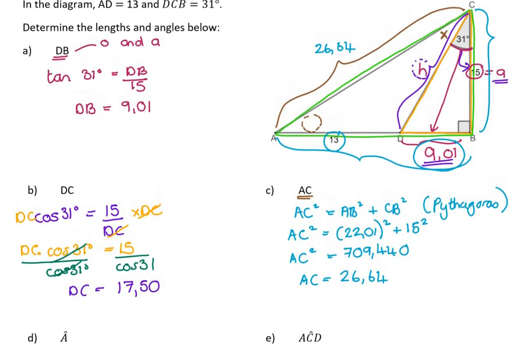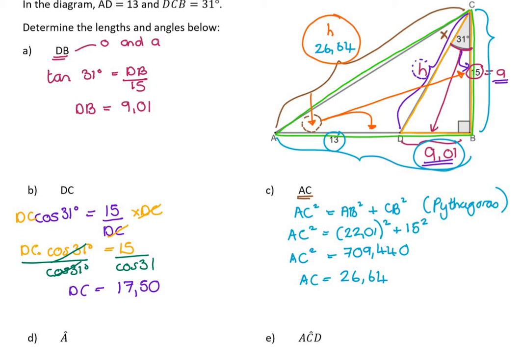Next thing it asks for is angle A. Now angle A is exactly what I said I didn't know. Now that I have lots of information from that triangle, I can find angle A because this is my hypotenuse in my big triangle. Don't forget I'm working in my big triangle because it's right angled, my green one. This is opposite, which is 15, and adjacent is that whole long 22.01. So basically I can use cos